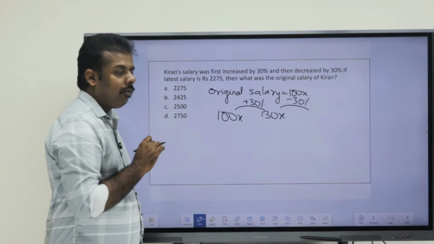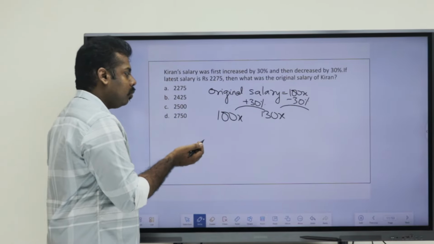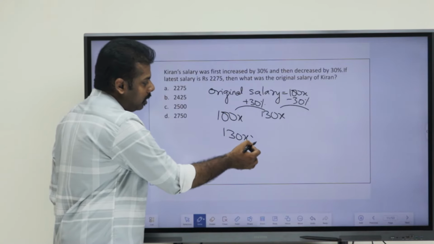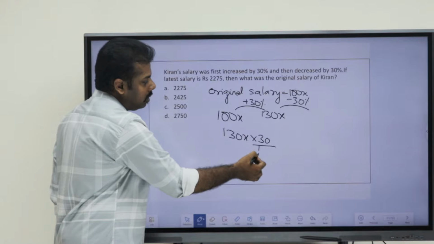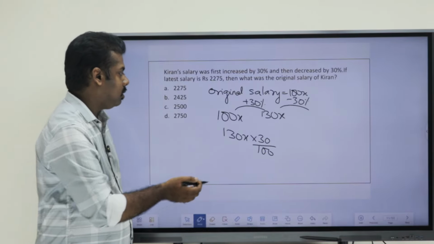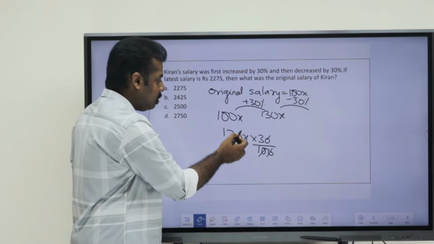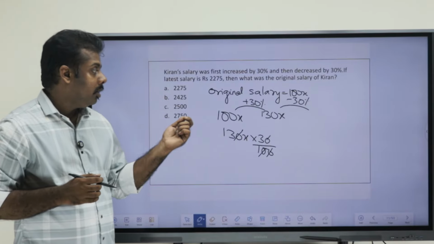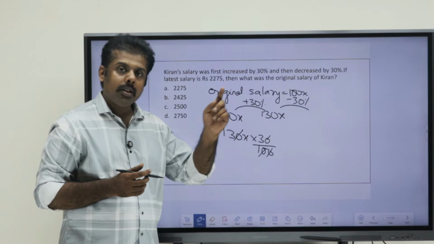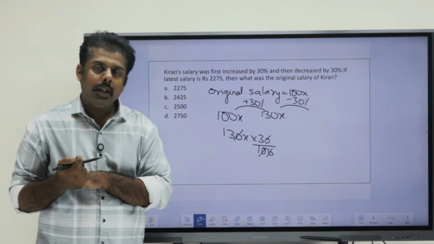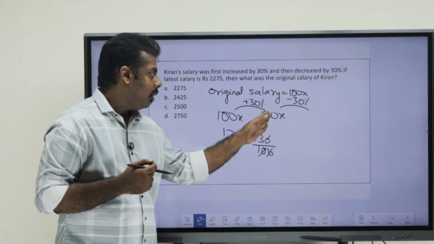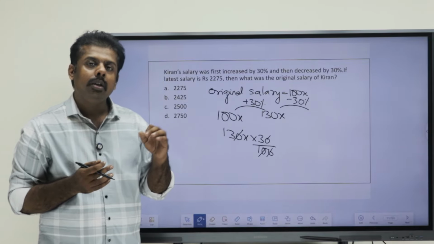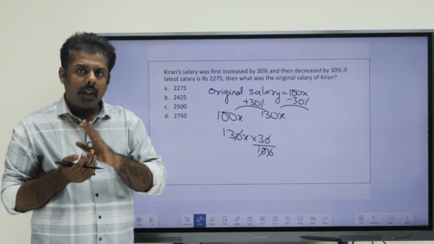30% of 130x. Two methods are there. First method, you can just directly find 30% of 130x. If you do it that way, 10 is common here, 10 is also common here, 13x into 3 gives us 39x. So, we understood that 30% of 130x is 39x. If you reduce 39x from 130x, you will get